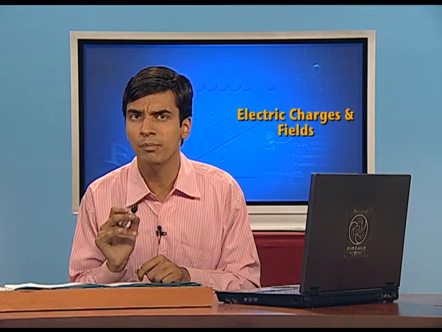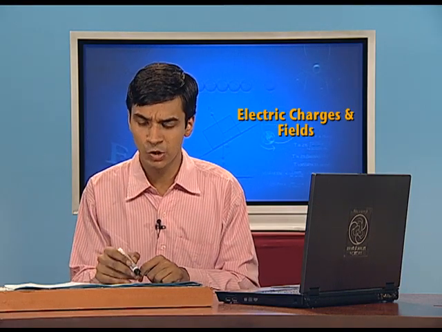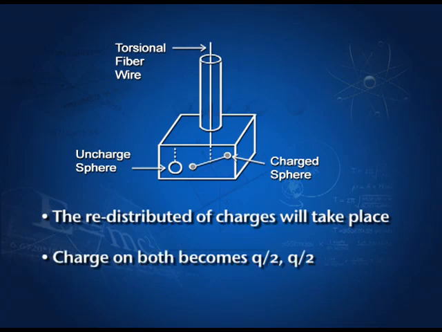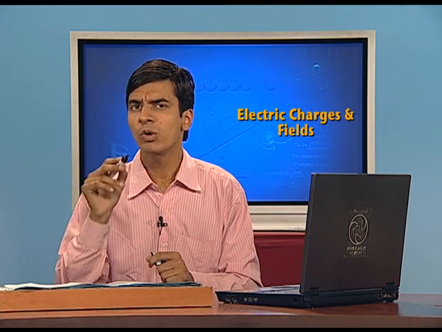So what Coulomb saw was that the charge Q on this sphere got redistributed, and both spheres got the charge Q by 2 and Q by 2. But there was one more thing to come, when Coulomb found that